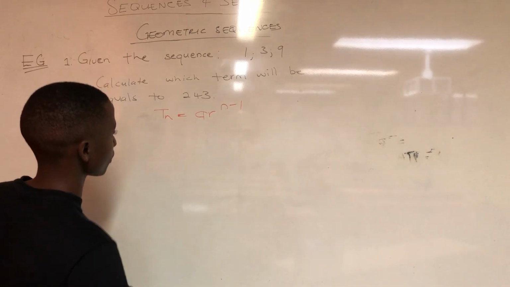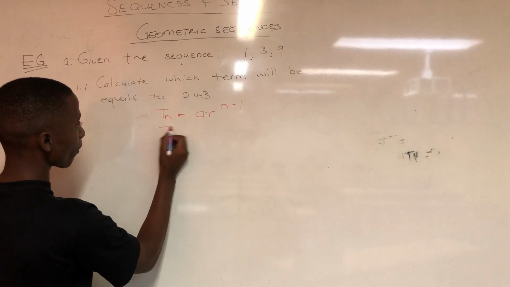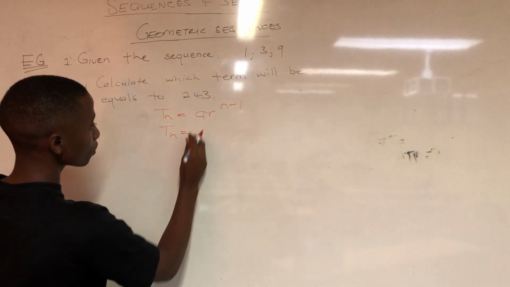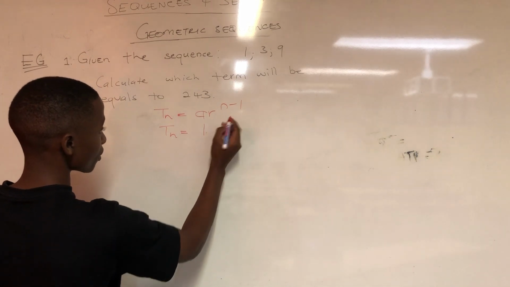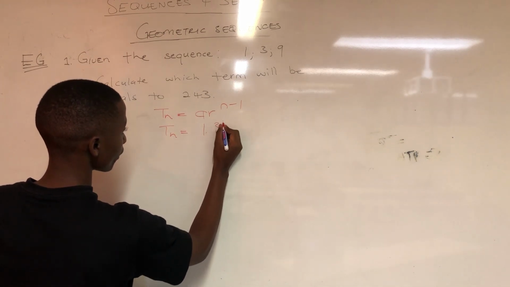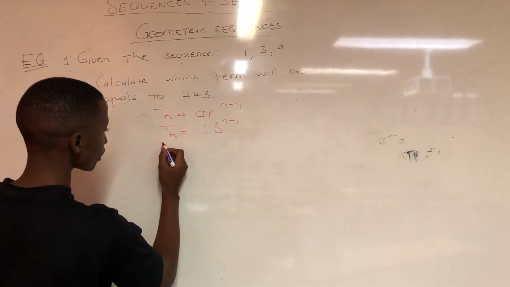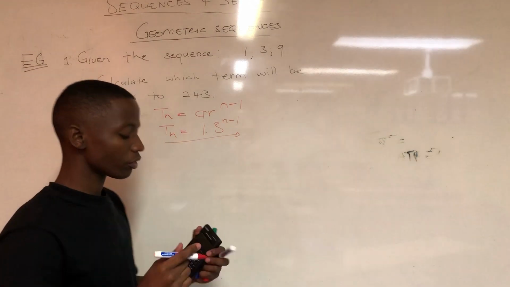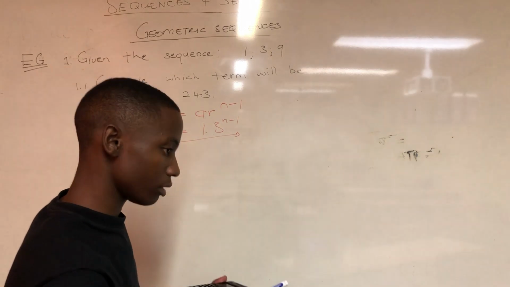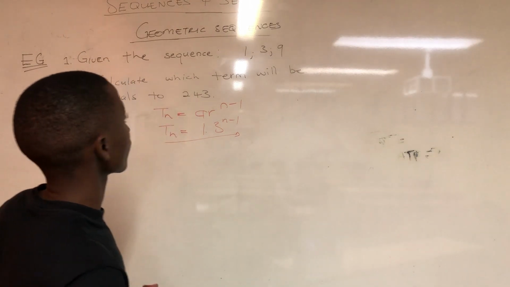This is A, guys, so sorry. So our Tn will be equal to A is 1 multiplied by the common ratio 3 to the power of n minus 1. So this becomes our nth rule, but we're not yet finally at the answer. Okay? Look,